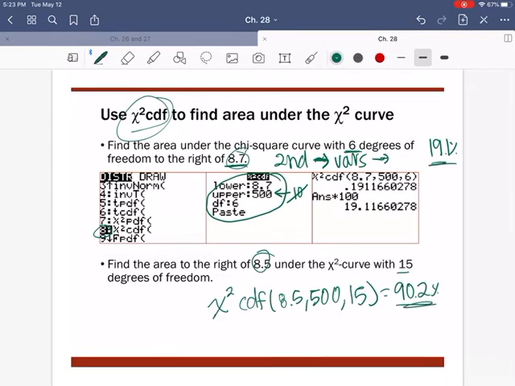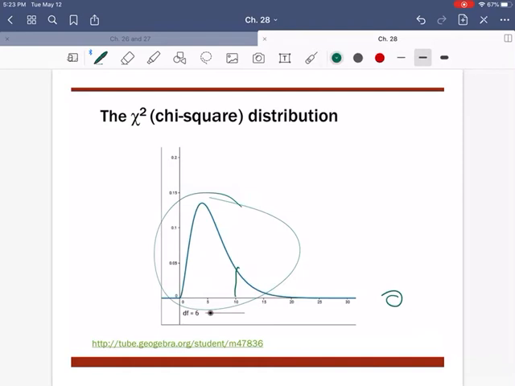So what I want to discuss here is 8.7 and 8.5. They're basically the same number, but these percents are significantly different, and it's because of our degrees of freedom. The degrees of freedom makes a huge difference because of our chi-square test, the amount of area in